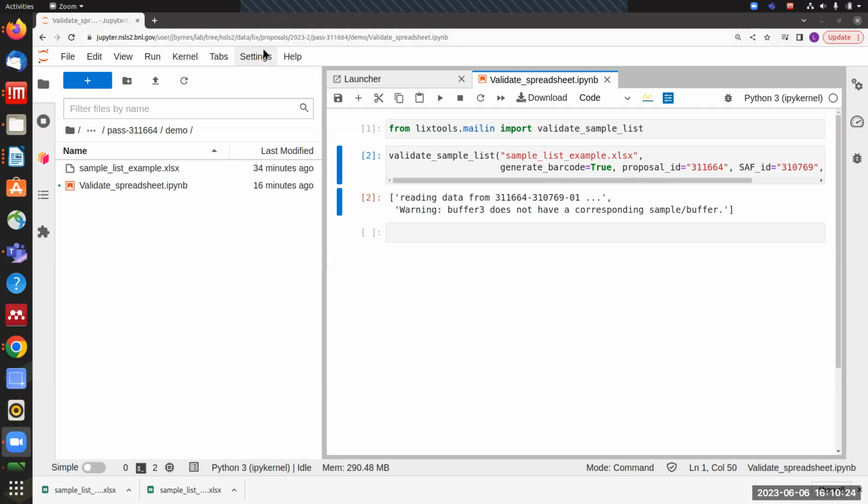So to get started, you need to navigate in a browser to jupyter.nsls2.bnl.gov and log in with your BNL credentials. This video will assume that you've already created a user account and have a valid proposal that you'll be listed under. So when you log in to the JupyterHub, you'll be put into your user